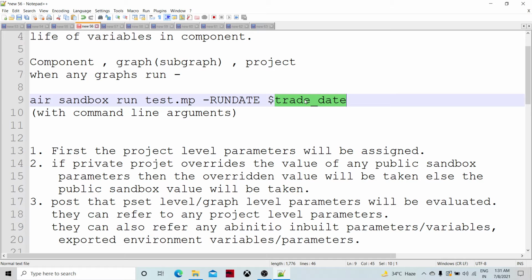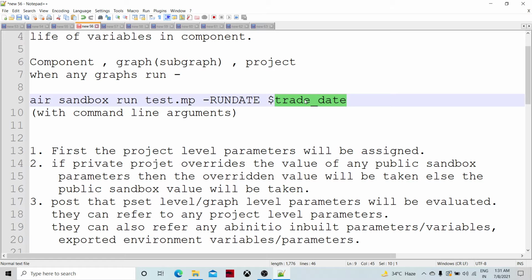Or this command could be part of a larger wrapper script, or it can be called from, let's say, Autosys scheduling. From the Autosys job schedule, we can call this graph, right?